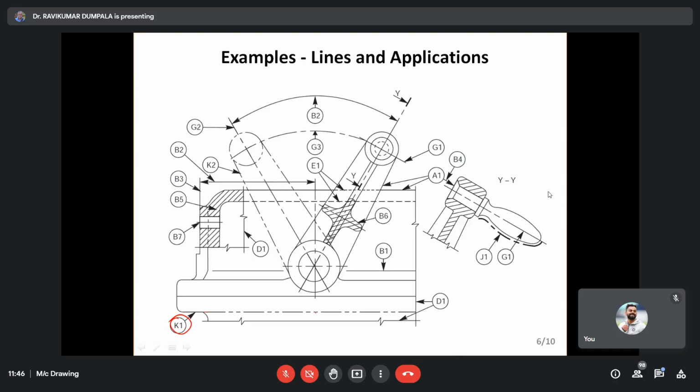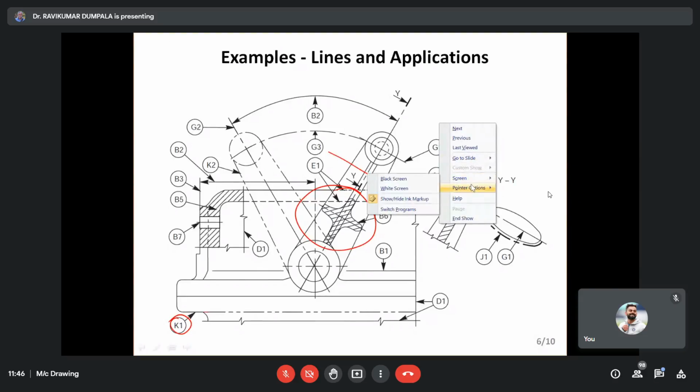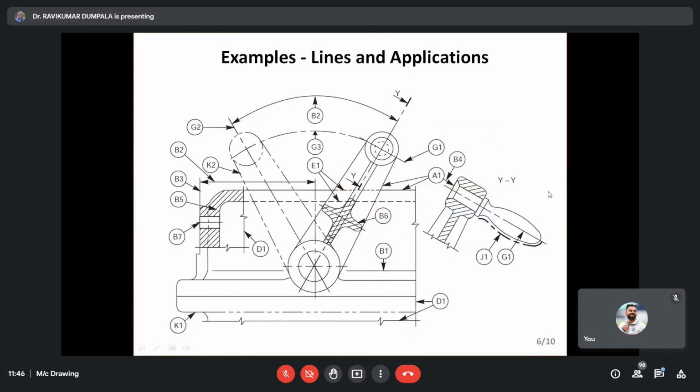Okay, so just to give you an idea, here you see is actually a web. They want to show the cross section of this one. Means if you cut like this, how it looks. So these are different methods of showing the cross section. Same way we rotate the plane and show here. You might not understand that now, but while studying the sections, you will understand this one.